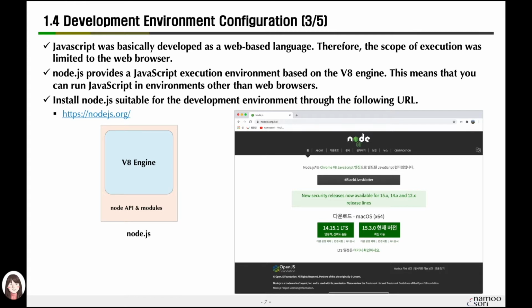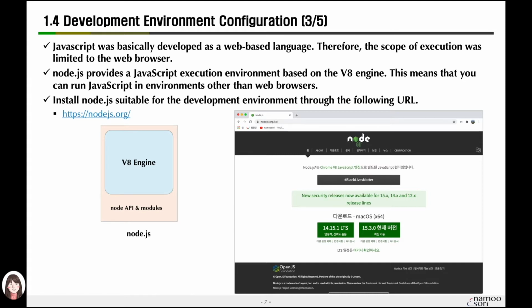The language that was translated and executed in the web browser was JavaScript. Among the engines, the V8 engine translates and executes this JavaScript. Node.js makes the V8 engine run on a server or separate device instead of the web browser. Since the React we will implement is a library based on JavaScript, of course we need an environment in which JavaScript can run.